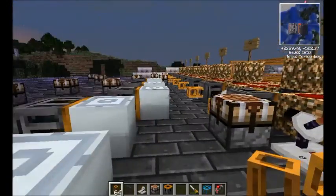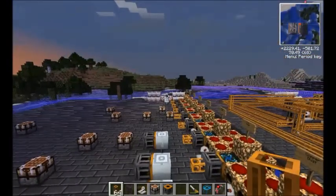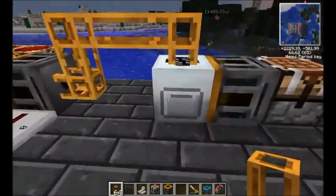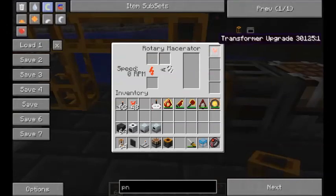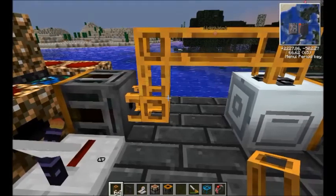And if you are using a power supply like that one set up over there, these machines take low, I'm pretty sure, as a standard, or it might be medium, but just to play it safe, you can always just whack in a transformer upgrader. So let's see, we'll go,